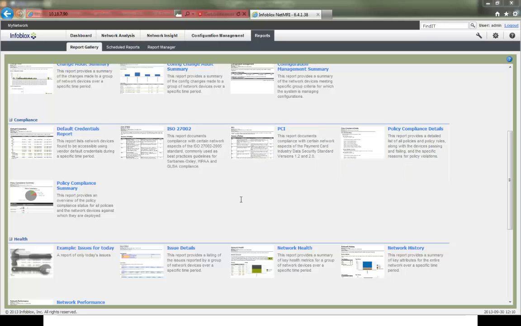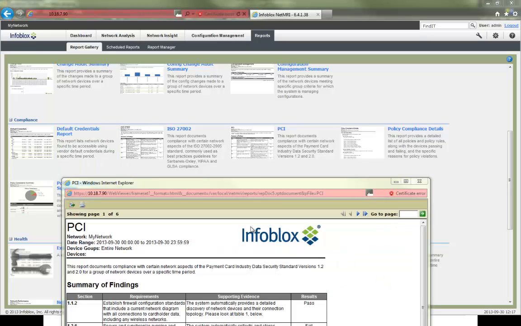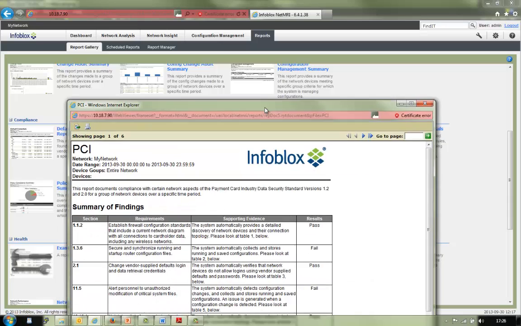Each of these reports can be run against the entire network or a specific host. Say, for example, the first, default credential report, when run against your network, will try and log in using default vendor-based credentials and report back results, which will enable customers to have visibility into their network and the measures required to obtain PCI compliance. I have run a test report for demo purposes to show the results after the PCI